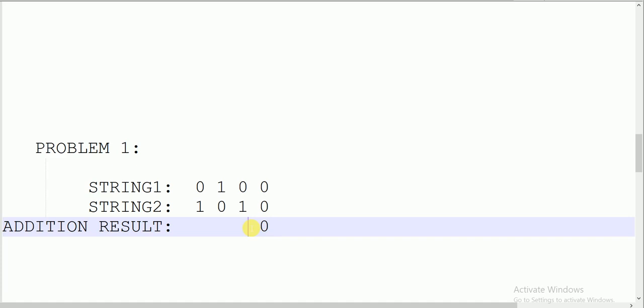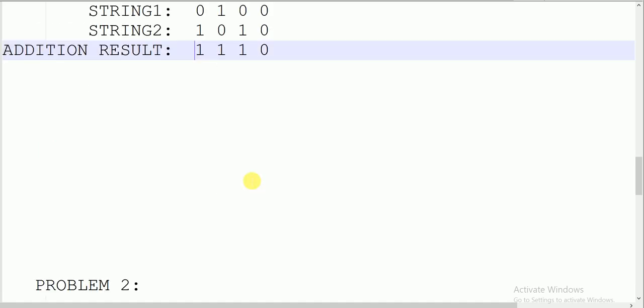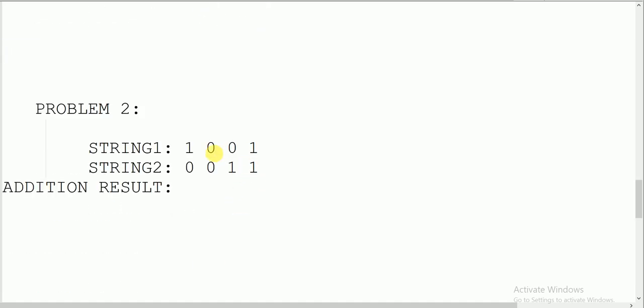And then 0 and 1 with no carry from previous bits, so it is going to be 1. And again here, 1 and 0 without carry, of course, is 1. Again, without carry, 0 and 1 is 1. So that was pretty simple. Alright, now problem 2. Now here we can see 1 and 1. So the result would be 0 with carry 1, and with that carry 1 and 0, 1, 2 ones involved,